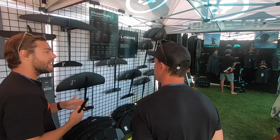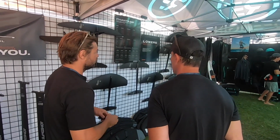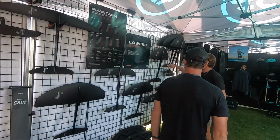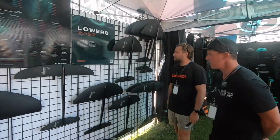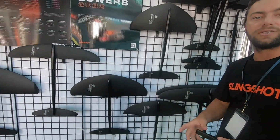Very cool. And right. Are you ready for number one now? Our number one new product released at the show. So the number one new product we thought just popped out at us was the new Phantasm series of carbon foils from Slingshot. Kind of been waiting for a series of carbon foils, and not only are they very, very refined and look really nicely finished in their carbon design, but